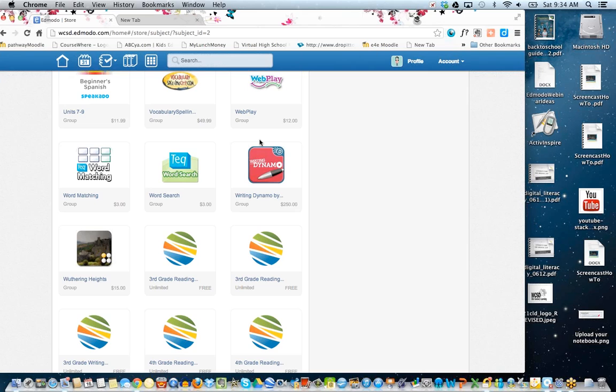And if you take the time to set up a teacher account and add your students, then you add all that extra capability of being able to assign certain lessons to certain kids. And then if your kids have Edmodo accounts, then it's really intentional on what content they're working on.